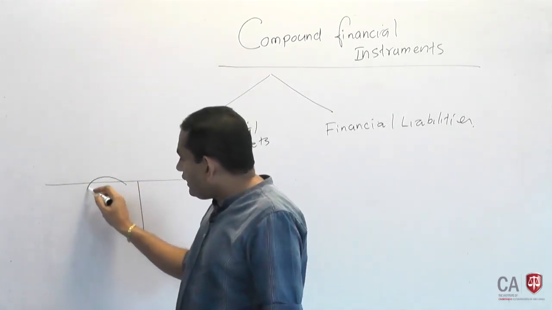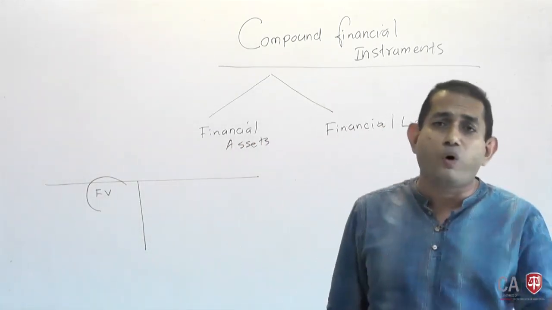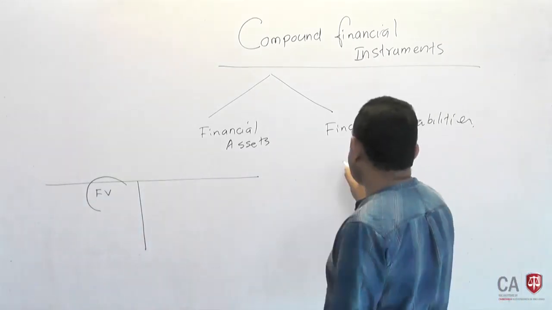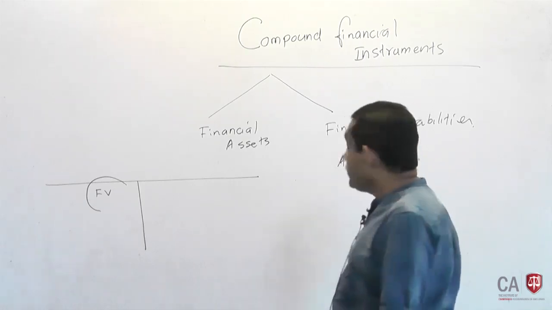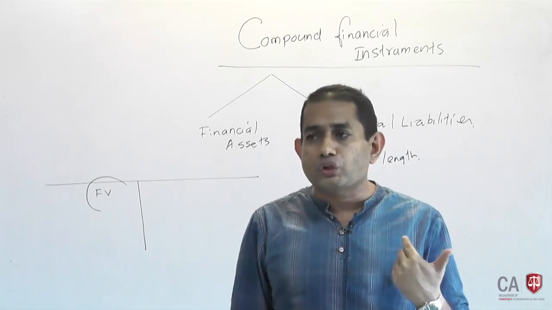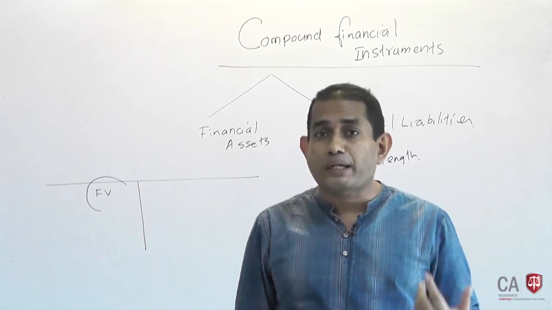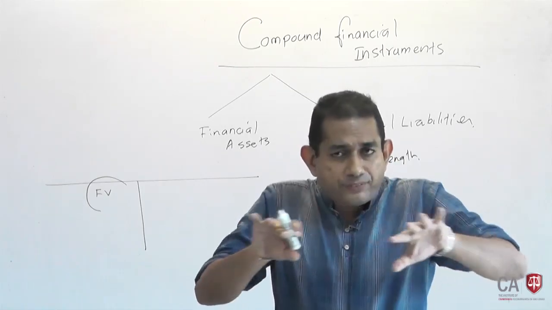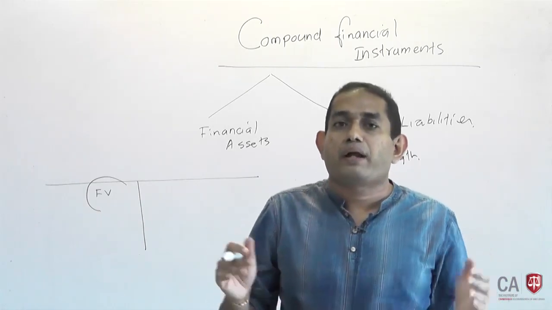Where do we find fair value from? Either you can take the fair value from the active market, or you can take the fair value from an arm's length transaction. This is what you need to impress upon yourself. Either an active market is one source from which fair values can be derived, or arm's length transactions can be another source. For the moment, let me forget about active markets and think about an arm's length transaction.